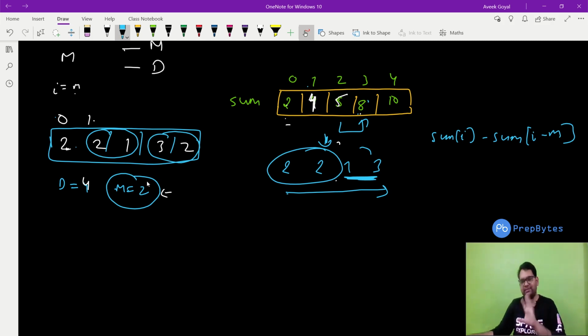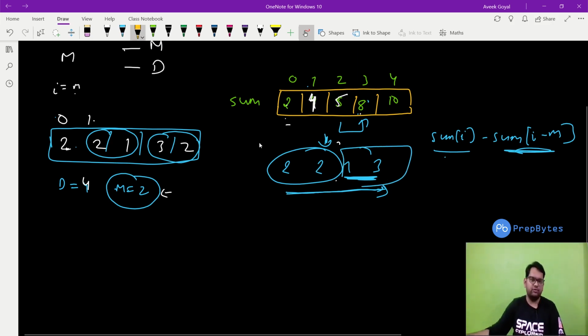So getting the sum array is pretty simple. You just need to add the values. 2 plus 2 is 4, store it. 2 plus 2 plus 1, store it. Fine. Creating the sum array is simple. After this, we just need to traverse our loop in m length sets, and we just need to get the sum of that particular segment. And I just explained how you can get the sum of that particular segment. We have the total sum, okay, total sum minus the sum that is present before the segment gives me the sum that is present for the current segment. Fine. So that is how the question works.